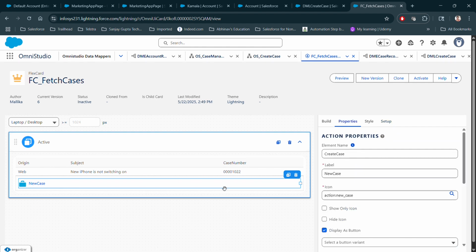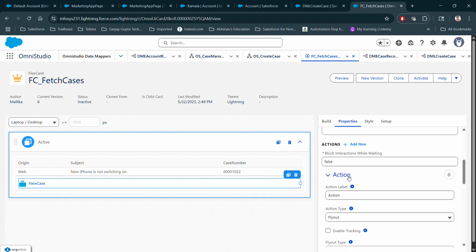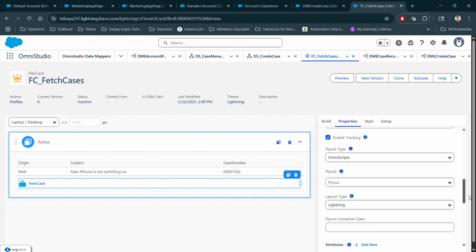Here this is a different block. Here we are calling another Omniscript, new case creation. This is another Omniscript that is developed for creating a new case. If you see, the action type is flyout, and here we are calling the new Omniscript by passing the key parameter as the account ID,